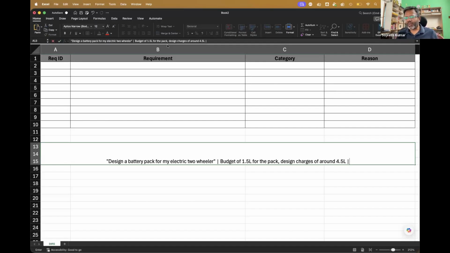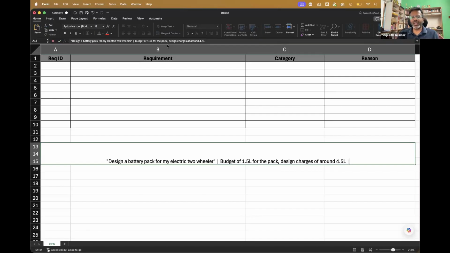Of course, if they're paying 4.5 lakhs, then they'll ask for pretty much everything under the sun. They'll ask for CAE, CFD, whatnot. They'll ask for everything because they're going to be paying. I mean, everywhere customers are like that. But leaving that aside, now suppose they ask us this, then obviously we need to go back and ask them some more questions